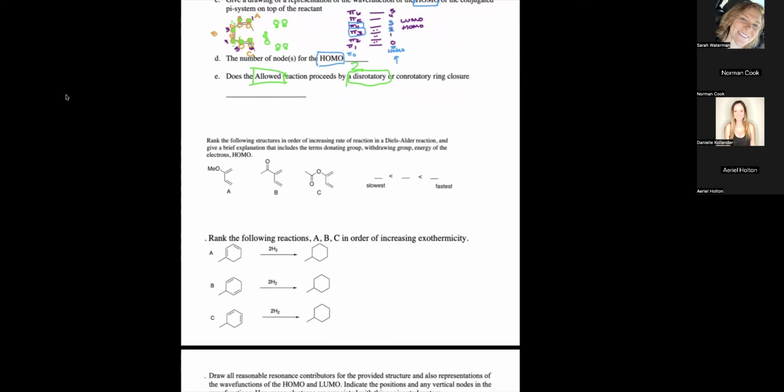Rank the following structures in order of increasing rate of reaction in the Diels-Alder reaction and give a brief explanation that includes the terms donating group, withdrawing group, energy of electrons, and HOMO, right? So what do we think about this? I have no idea. Yeah, no idea. Okay. No, you're good. Okay, so